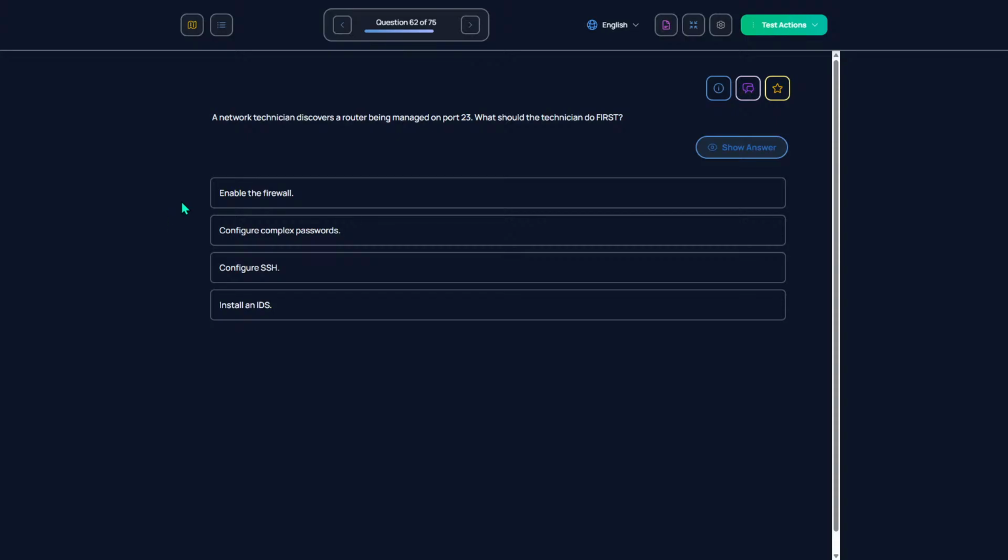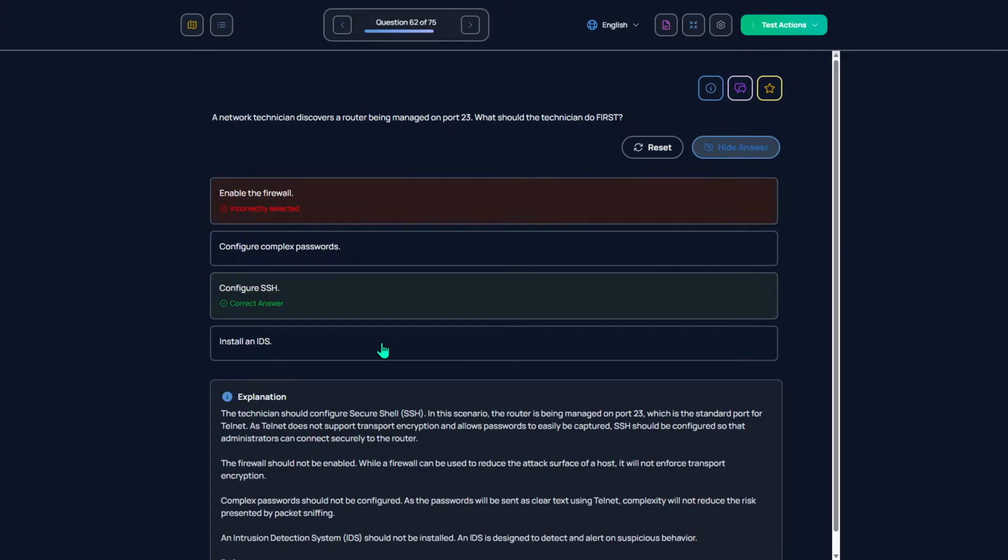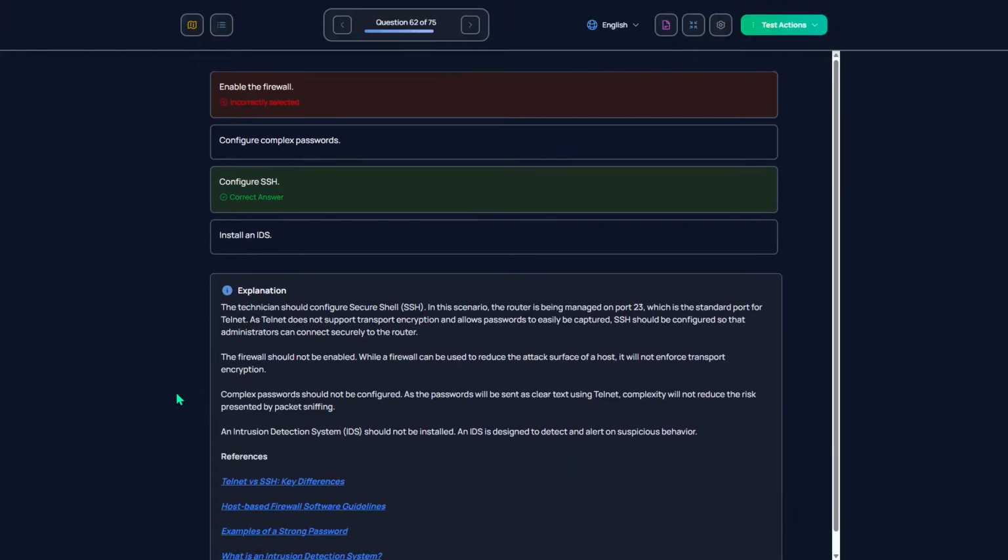A network tech discovers a router being managed on port 23. What should the technician do first? Enable the firewall. Configure SSH. The technician should configure Secure Shell.